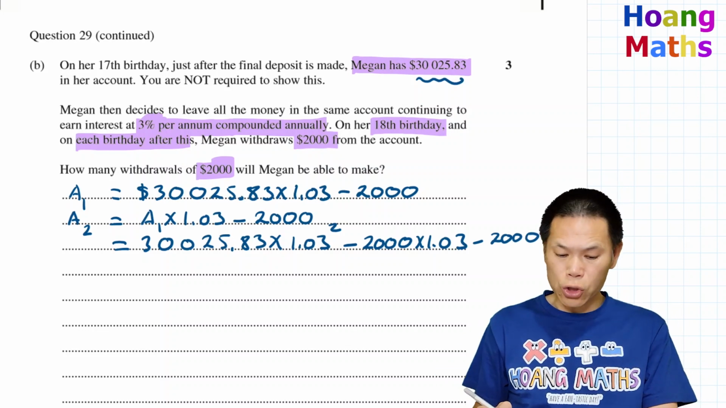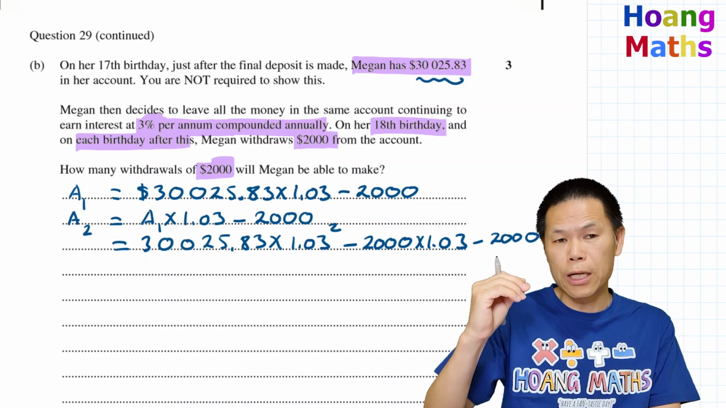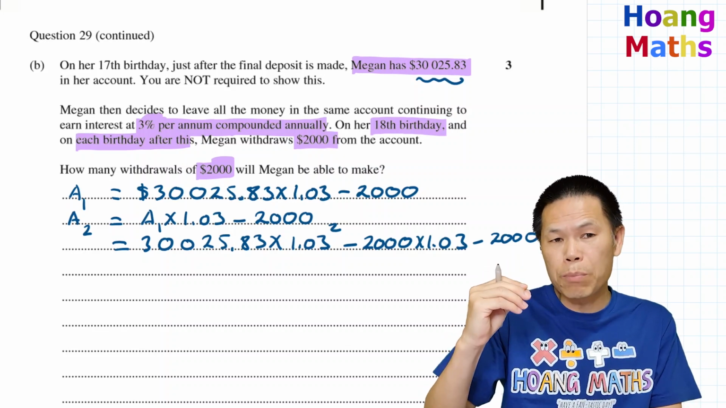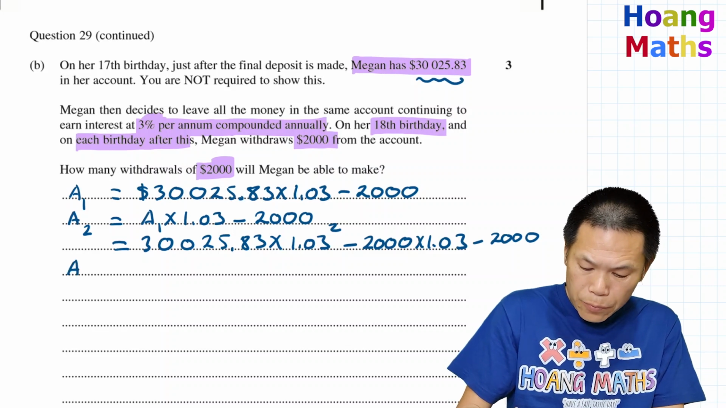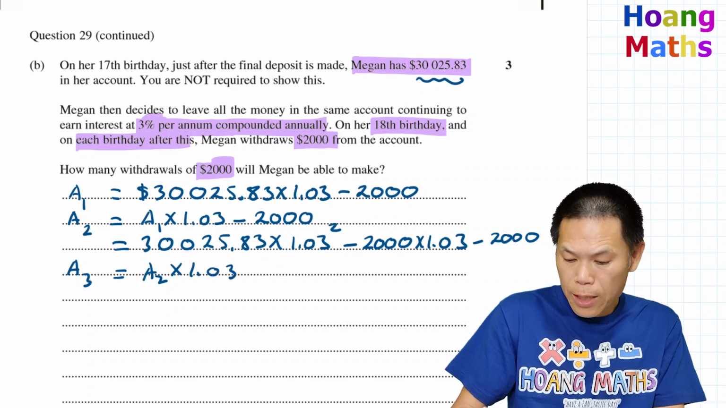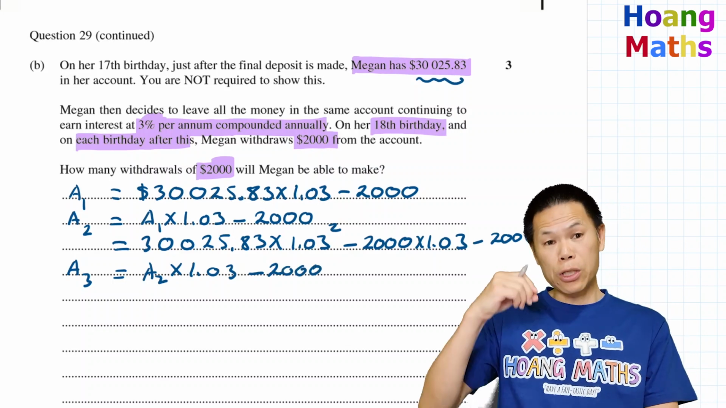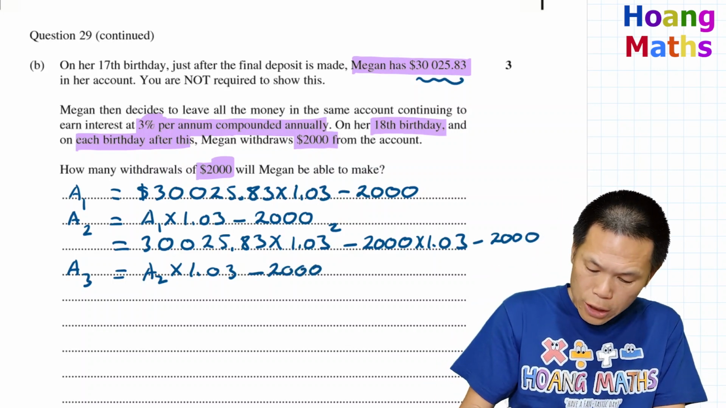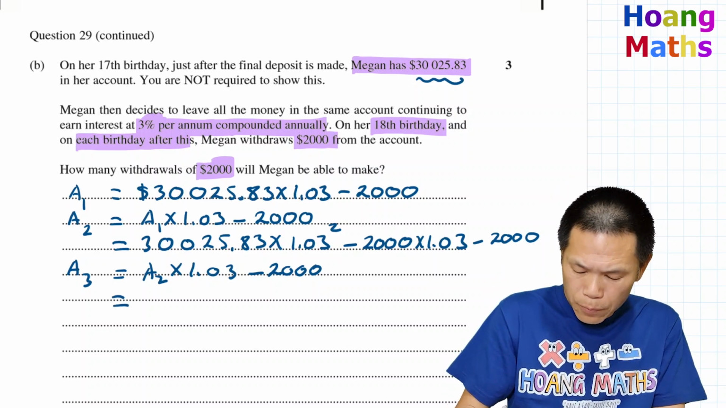Okay, so that's how much she has at the end of the second year. That is the 19th birthday, if you like. So A3 is A2 with the interest on top. So that's how much she will have, and then she withdraws another $2,000. So now let me just write this out. So expand the A2 times 1.03. So that will give me